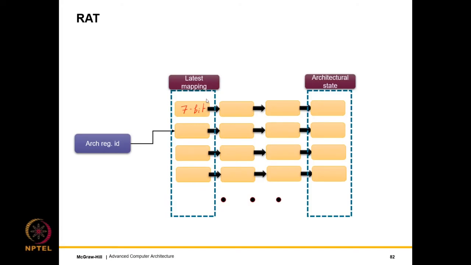take a checkpoint, this is what we do: we shift all of these entries one step to the right, assuming we have enough space. So this essentially becomes an instantaneous snapshot of the rename table. This becomes an instantaneous snapshot of the rename table for a different branch. And finally the last one becomes the architectural state for the branch that is at the head of the rename table, right? So this becomes the architectural state.